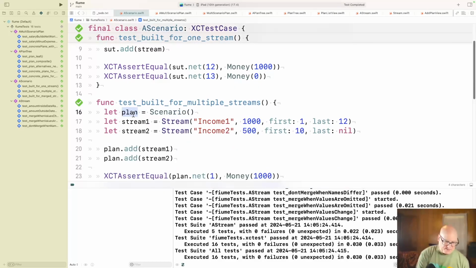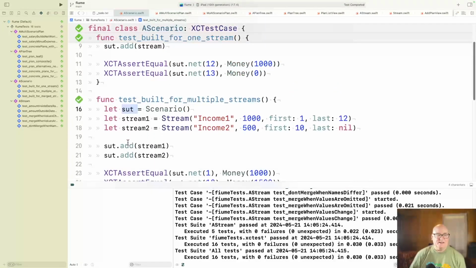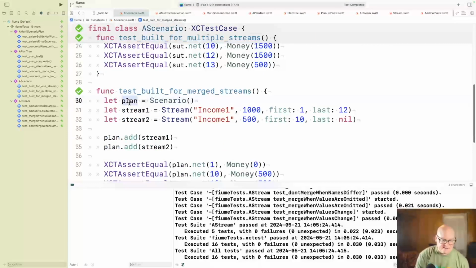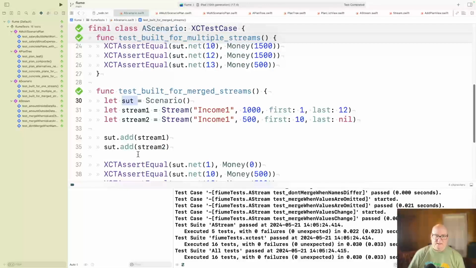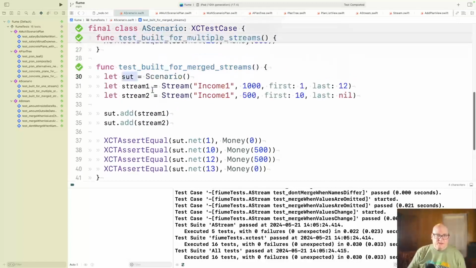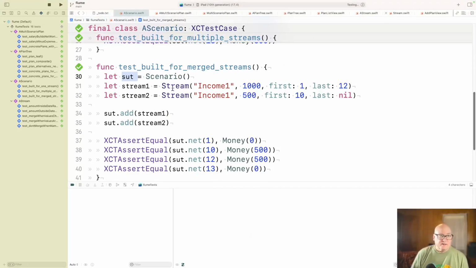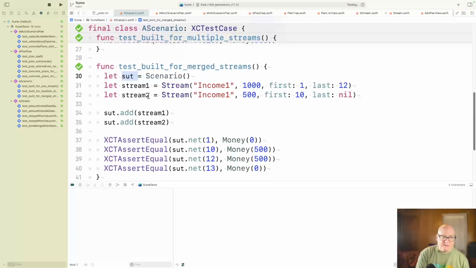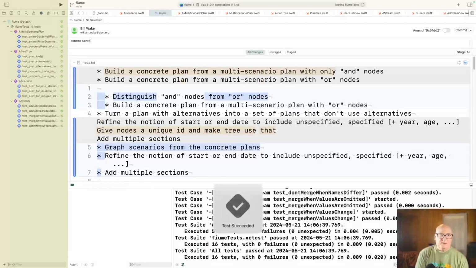Now our things started off as one thing and they became some concrete plans and whatever. But I think I like this. It's a little arbitrary, you've got to get used to it, but it holds. Okay, and these other things are the stuff it knows. Okay, so let's make sure that's still good. And then somewhere we've got a multiple scenario. Okay. Right. So we rename concrete plan to scenario.